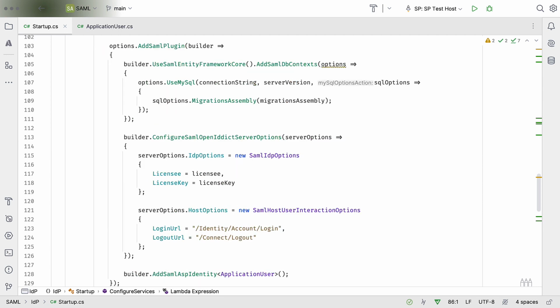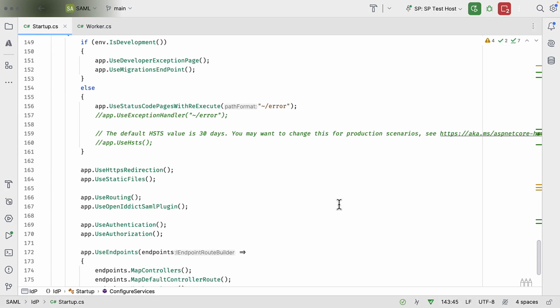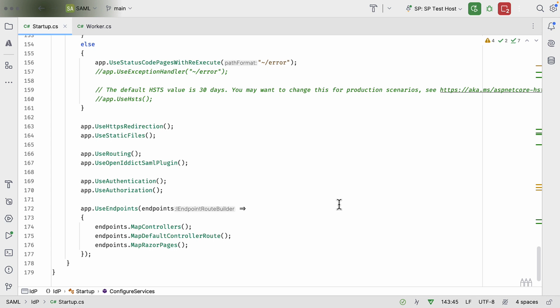So we call AddSamlPlugin. Inside there, we configure the DB context this plugin uses, and we configure the options for the plugin. We set things like the license key and the licensee, we set the login URL, and we set the logout URL. We set up the identity type we are using in this application by calling AddSamlAspNetIdentity. We use hosted service just to initialize the database. And then finally in the call to configure, we call UseOpenIddictSamlPlugin to make sure the SAML plugin